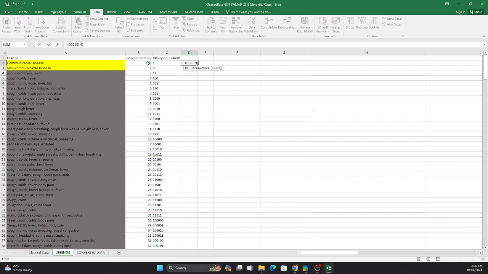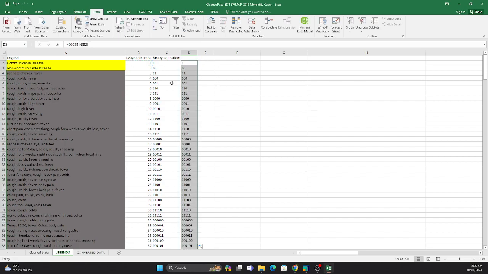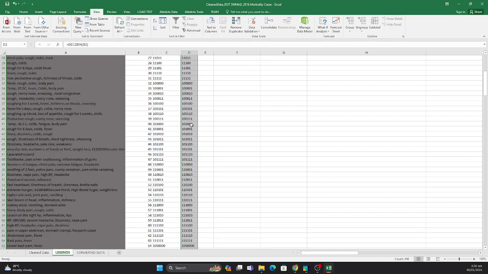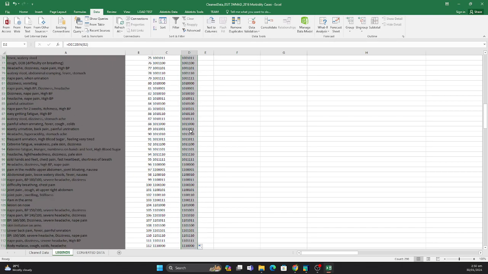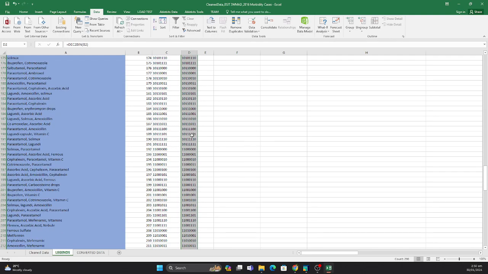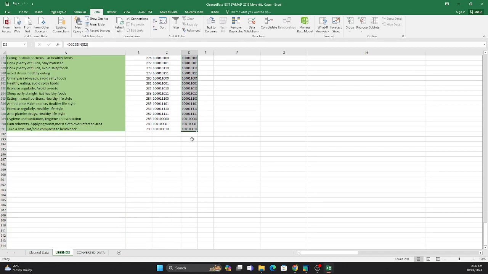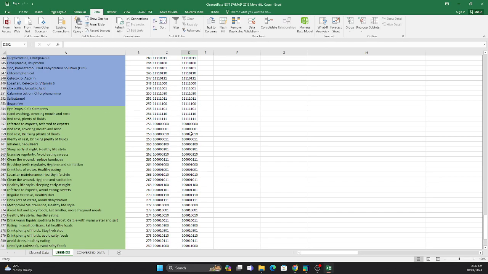We choose the assigned number of the first one, number one, and hit enter. If you quick fill it, they will be assigned their unique binary equivalent.